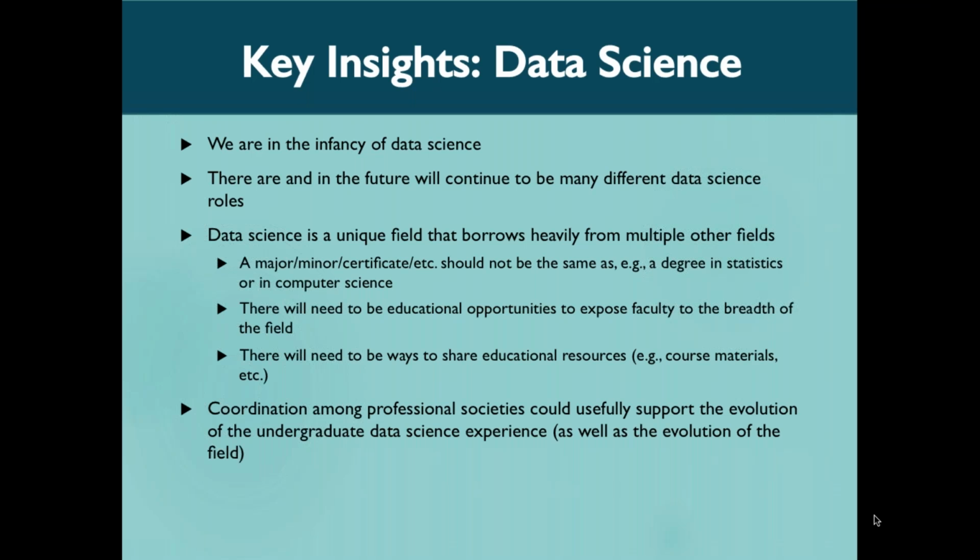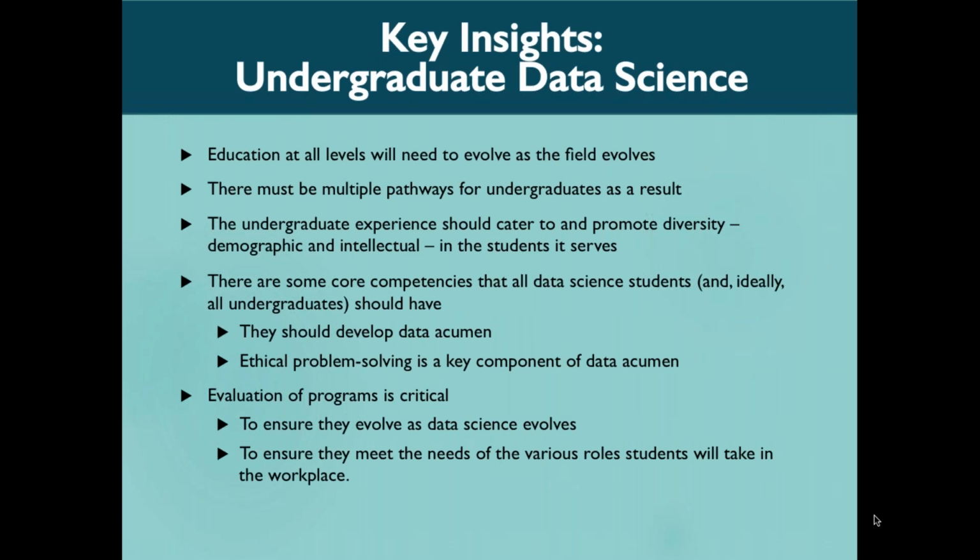We talk about the idea that there'll be different roles for data science in different places, and that heterogeneity is going to be something we need to account for. And they really acknowledge that data science is unique in some ways. It's not exactly the same as either statistics or computer science. And there's lots of challenges here about thinking about faculty development. So we need to be really exploring ways, in the way that CAUSE has really structured things, to be sharing educational resources and materials, and then to figure out what other ways professional societies can coordinate.